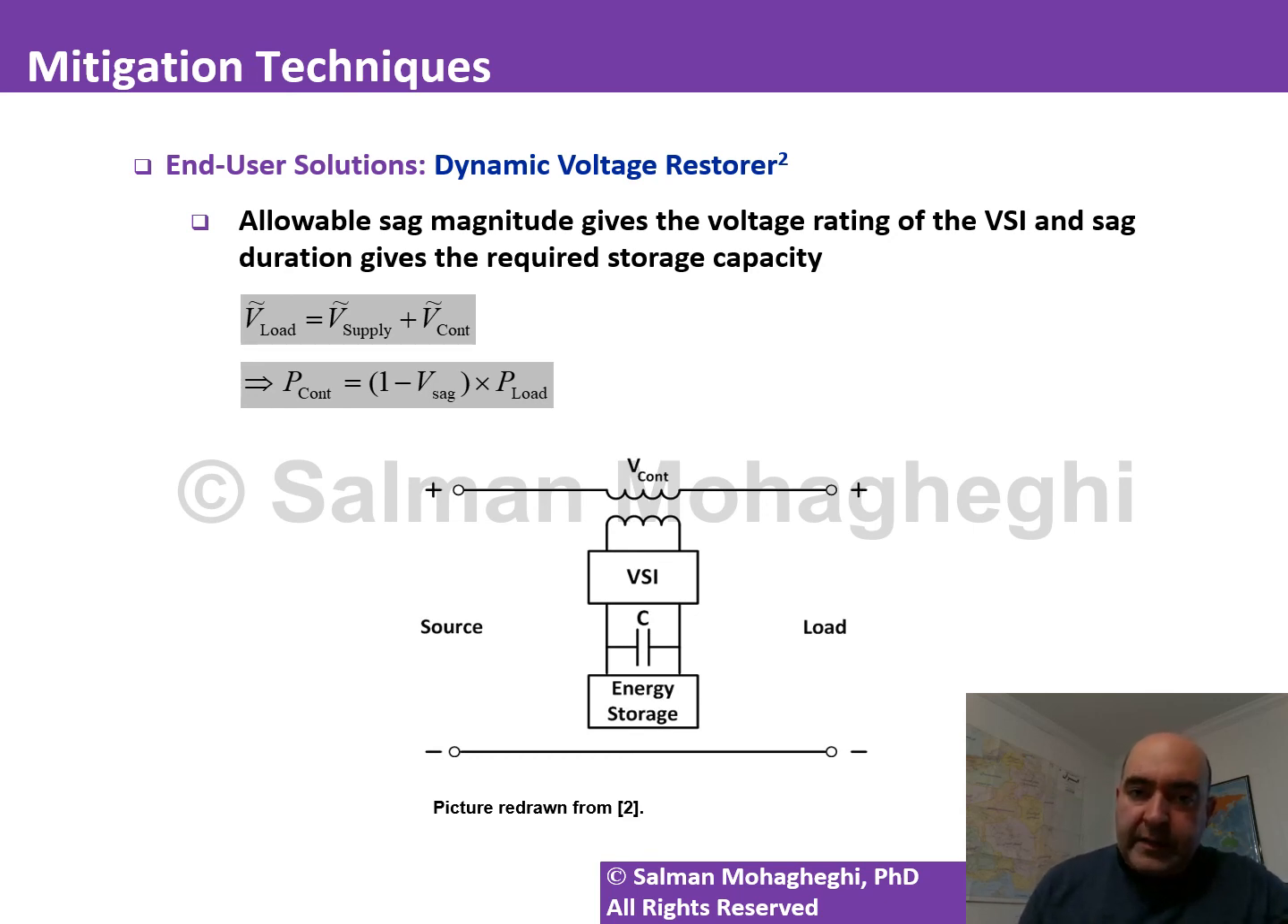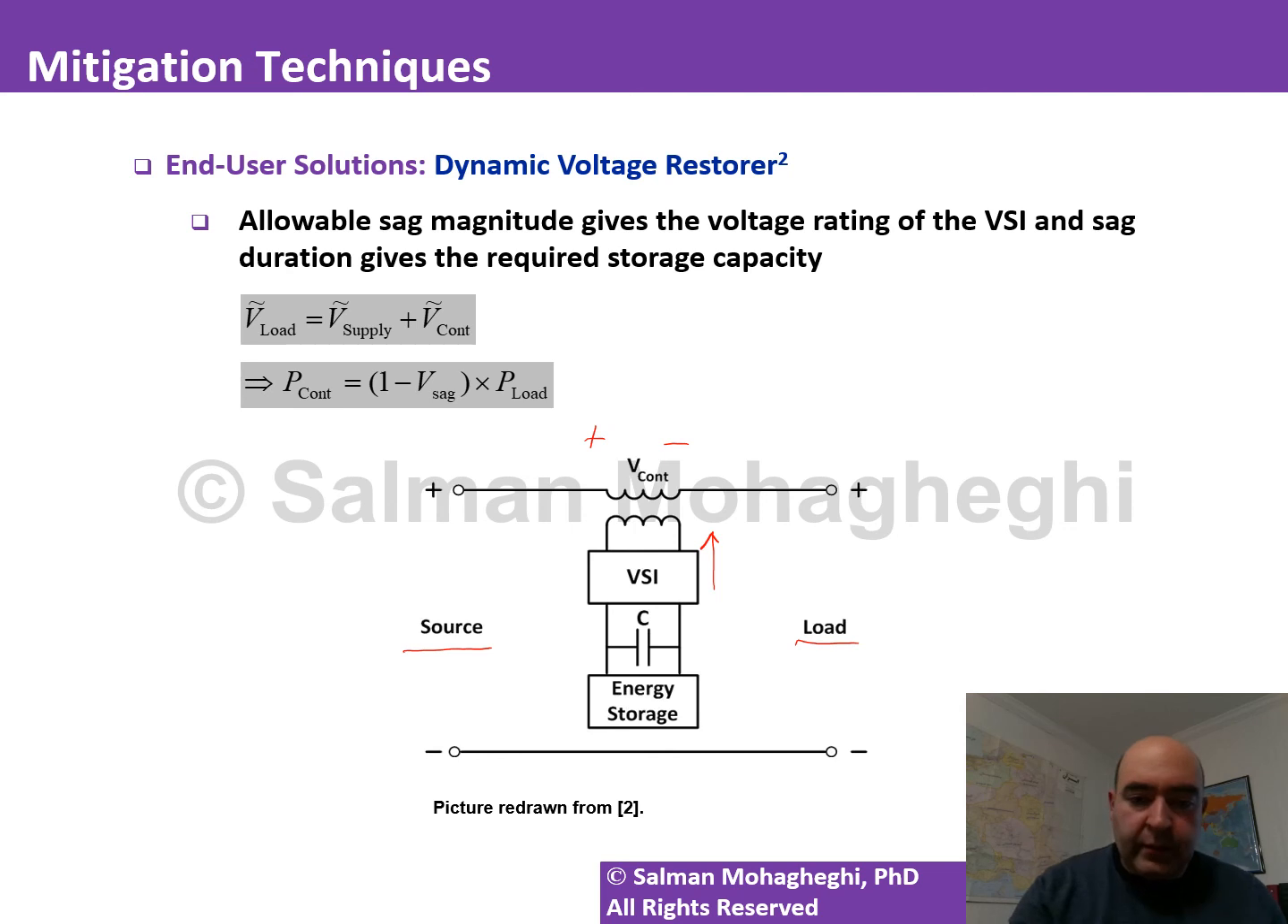One is known as the DVR, or the Dynamic Voltage Restorer. DVR is essentially a voltage source inverter that can inject a voltage in series with the line. So here you have your source side on the left, and then you have your load on the right. Without this device, if the source voltage goes down, the load is going to be directly experiencing that. However, when you have the DVR, what you can do is inject a voltage in series